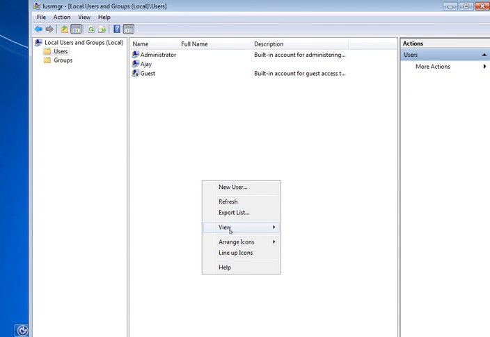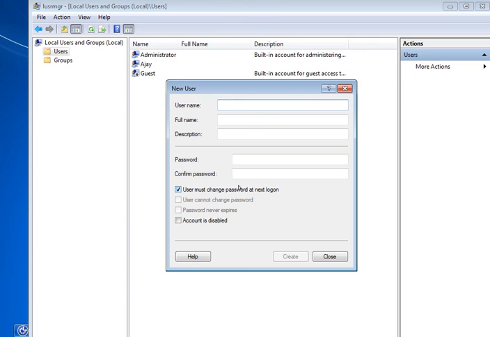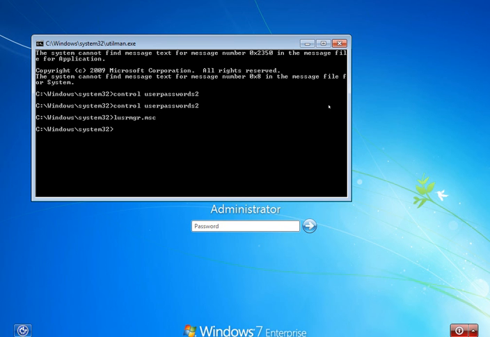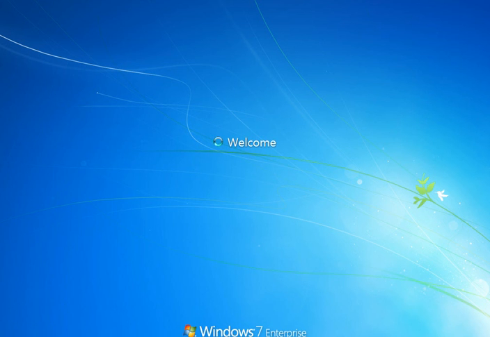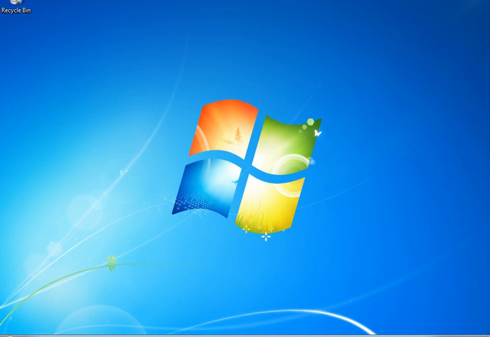And we can even create a new user, like xyz, and set any password for that. So we can do anything we want to do. Now close it and we can use this password. Very good. Now we are ready to log in.